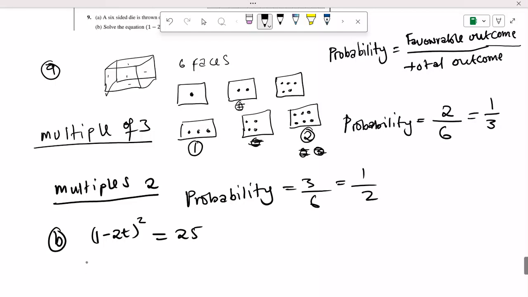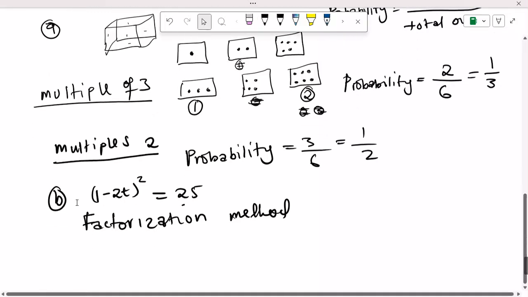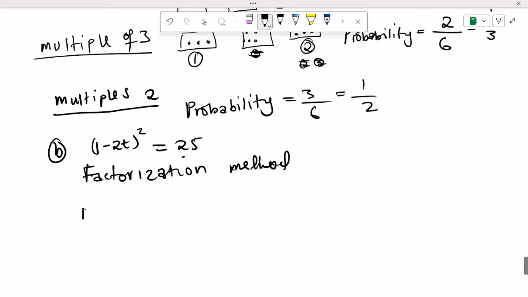So here you use a factorization method, because they have already factorized the question. So you have (1 minus 2t) squared equals 25. So how do you get rid of the square? So those who remember from our previous videos,